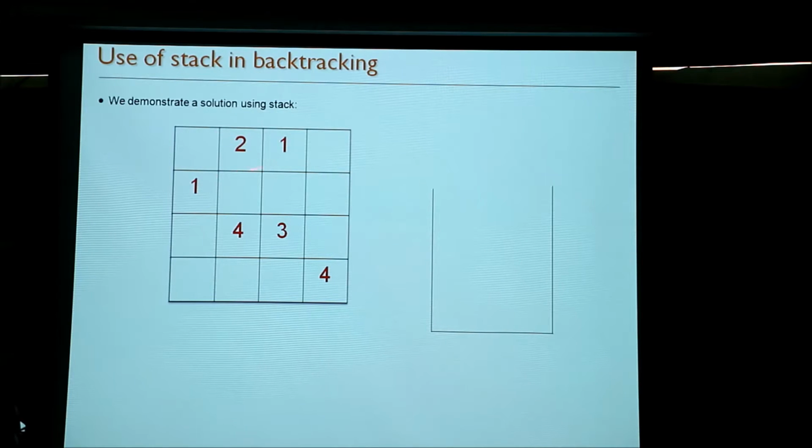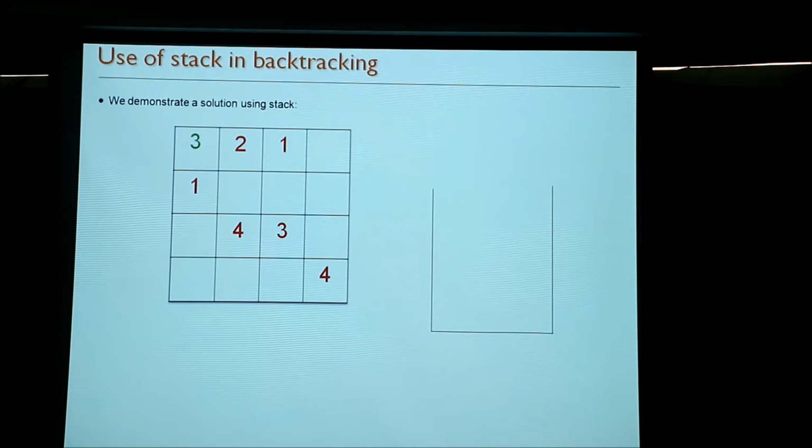So every number can appear. The question is, can you have it again? You can't have it again. So you already have 2 and 1 here. So you cannot place 1 and 2 here because that will lead to duplicate 2s and 1s, right? So that's why you have choices of only 3 and 4 at this position. So we took 3 because 3 is the lesser number.